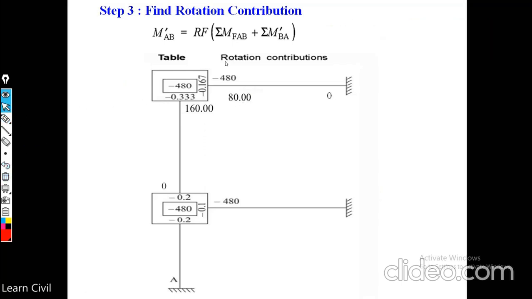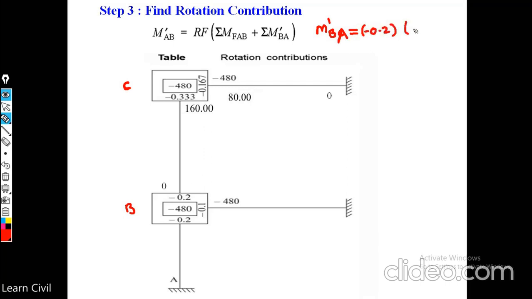Like this, we have to find out the rotation contributions. Now we'll find out the rotation contribution for members meeting at joint B. For member BC, the rotation contribution M dash BC will be equal to rotation factor for BC. First we'll find out for BA. So the rotation contribution for BA will be equal to rotation factor for BA, that is minus